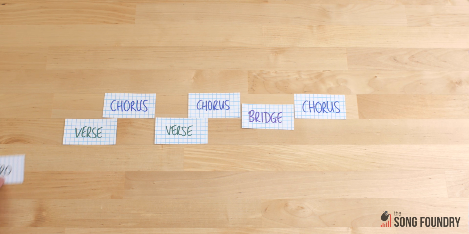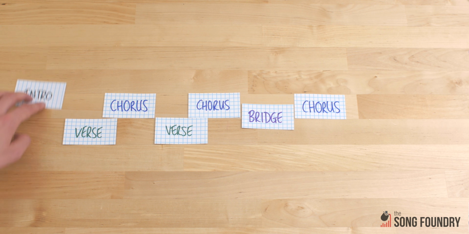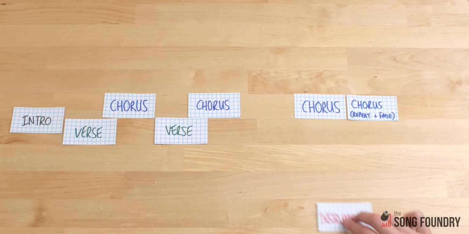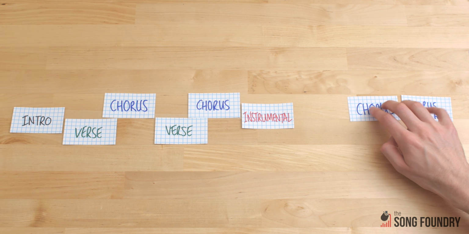This basic pattern can be livened up in a few different ways. Some songs open with an intro, an instrumental section at the beginning, or a preview version of the chorus that functions as an introduction. Some songs have an outro or ending. Sometimes it's an extension of the last chorus or just a repeat and fade. Sometimes an instrumental section takes the place of the bridge, or maybe there's an instrumental and a vocal bridge too.